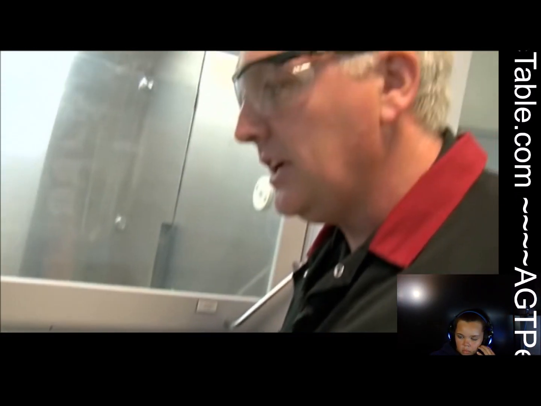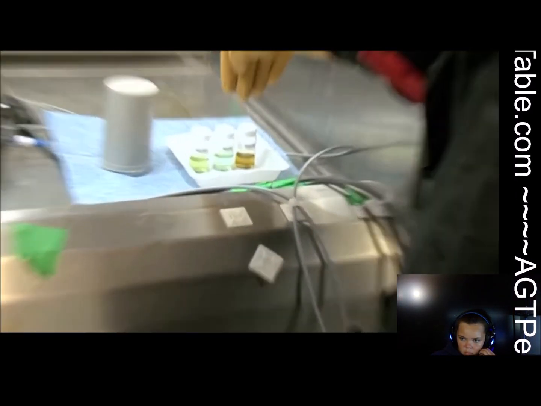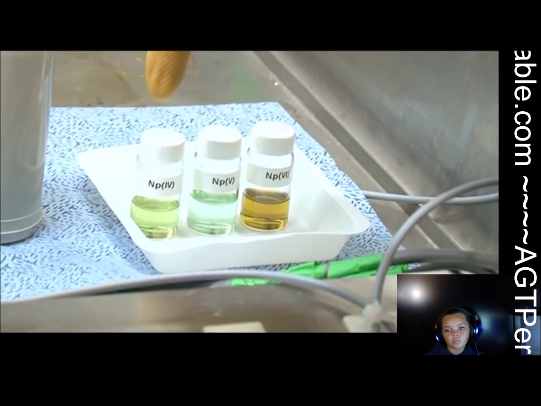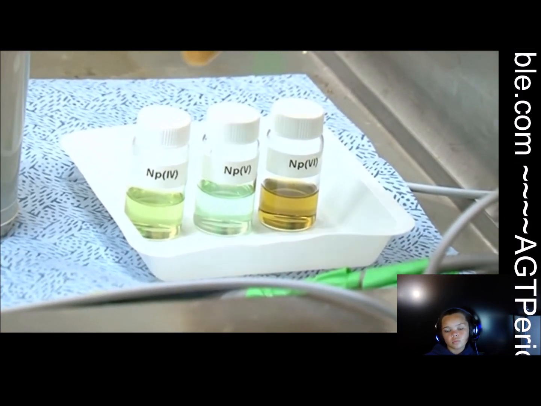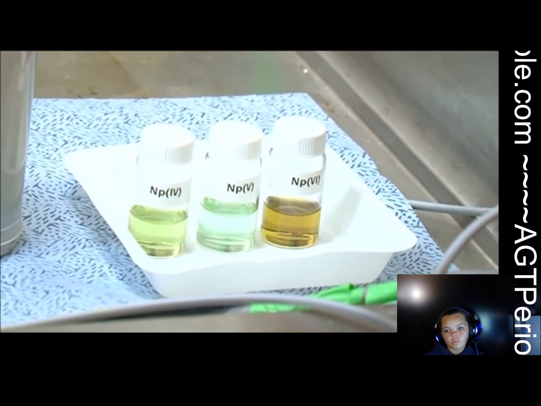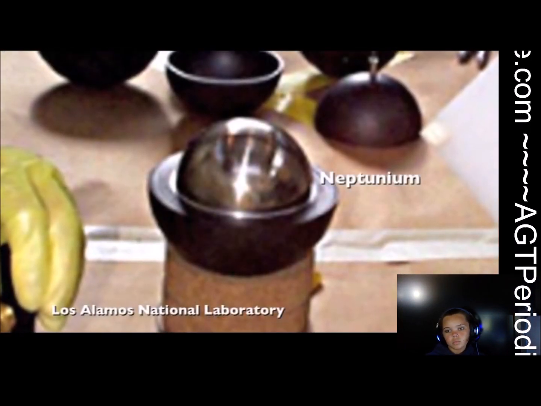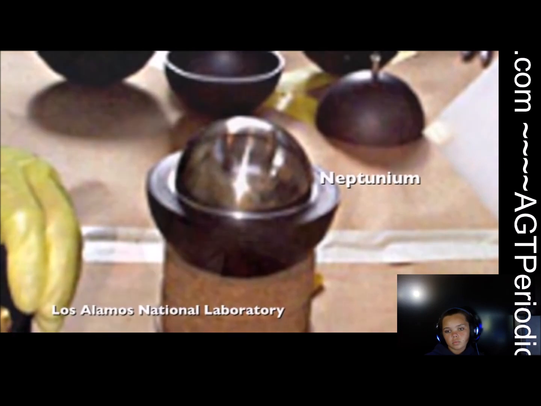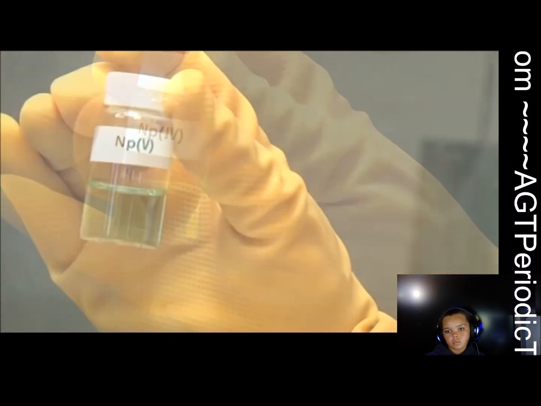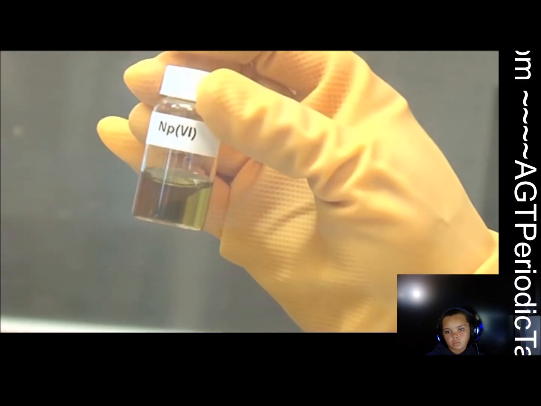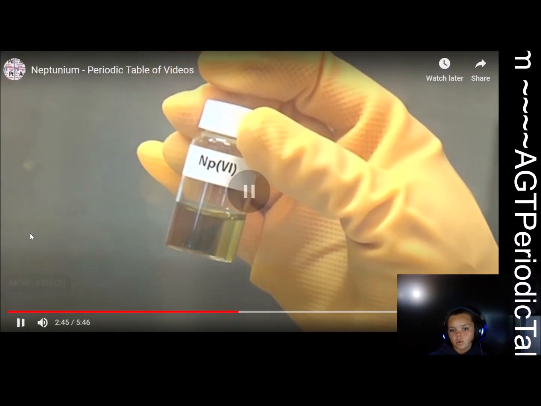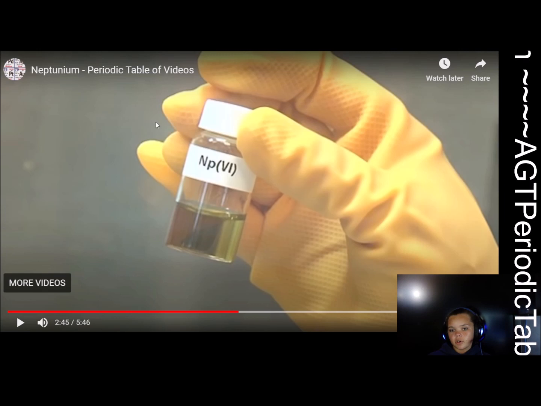When we dissolve the irradiated fuel, the Neptunium goes into solution and it can exist as Neptunium-4, Neptunium-5 or Neptunium-6. Like many other metals, Neptunium has a number of these so-called oxidation states. In this case, Neptunium-4, Neptunium-5 and Neptunium-6. And what these are: Neptunium-5,